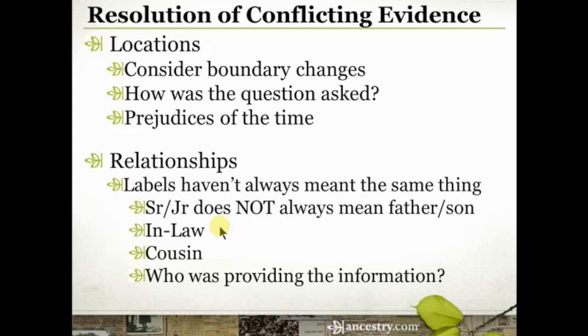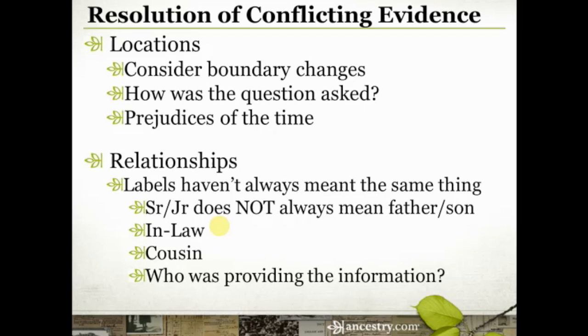An in-law does not always mean what we think it means. For example, a son-in-law today typically means someone who has married your daughter. But in-law is just a term that means that the law is involved in this relationship. In the case of marriage, there are marriage laws, and that's why we call them a son-in-law. But historically, a son-in-law could also be an adopted son. Again, the law was involved in this relationship between these parents and this child, and so he is now a